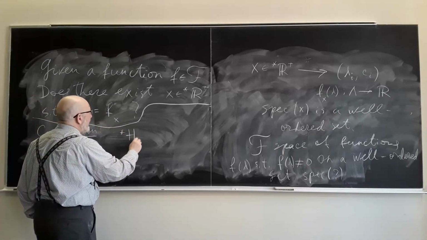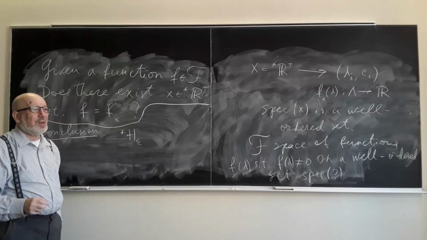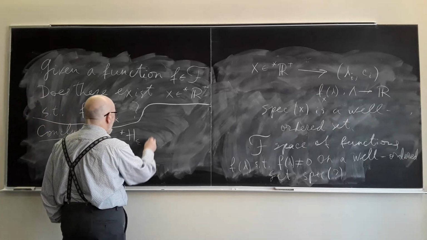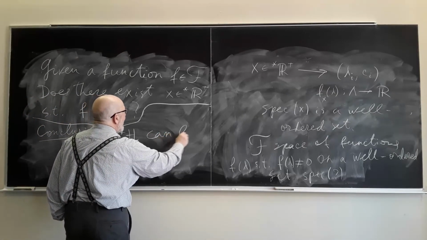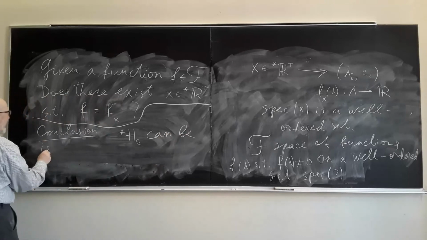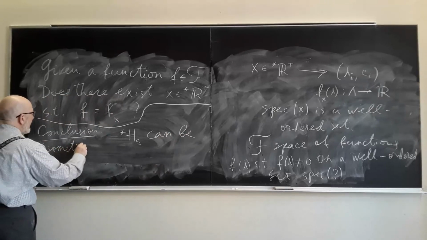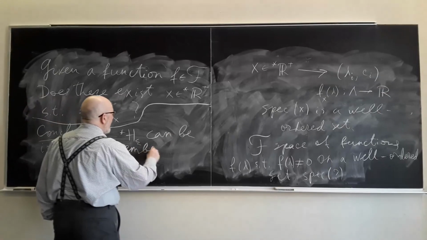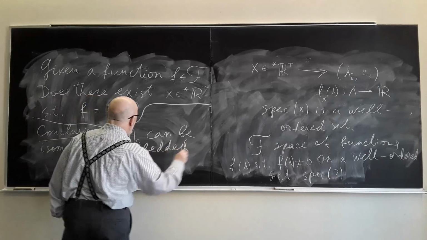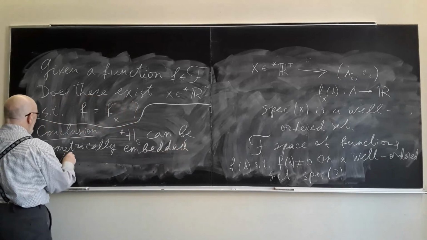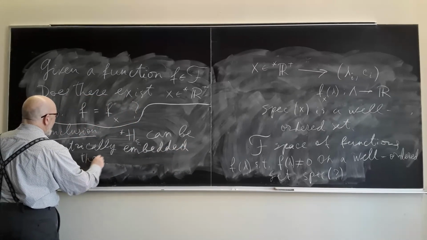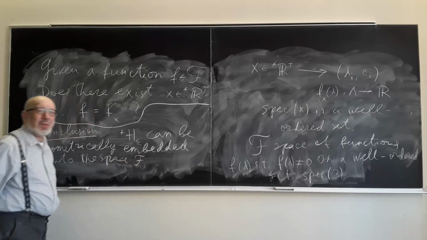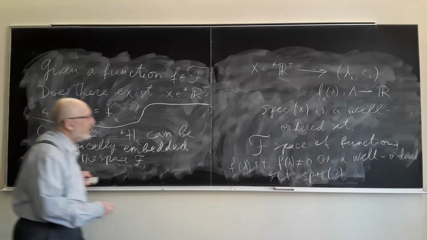Star H epsilon, so this is the asymptotic space, can be isometrically embedded into the space F. One thing. The second thing,